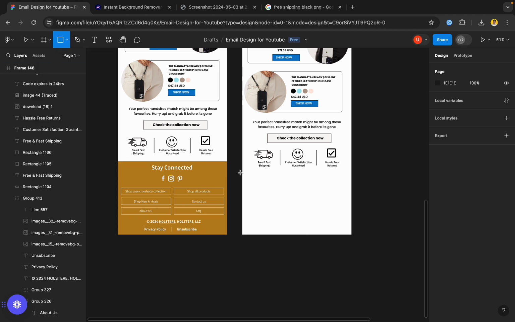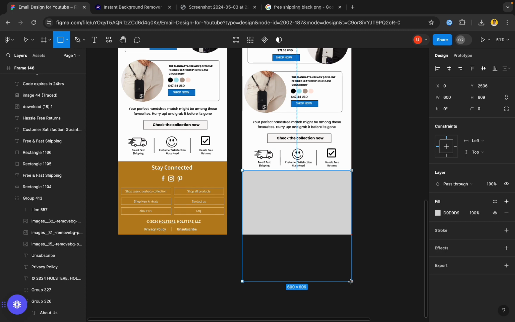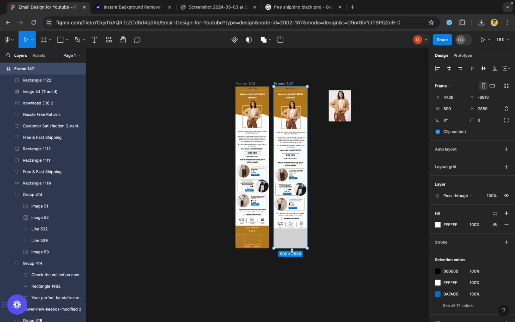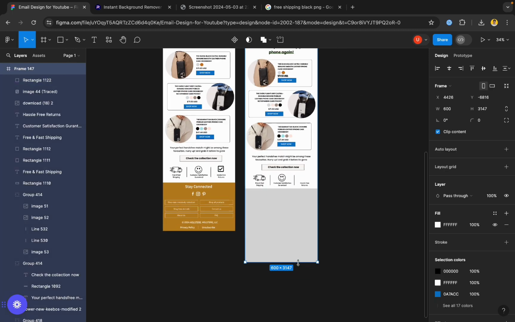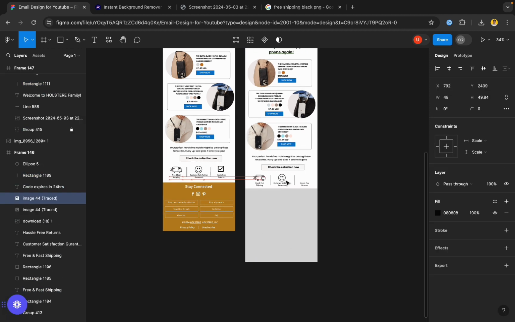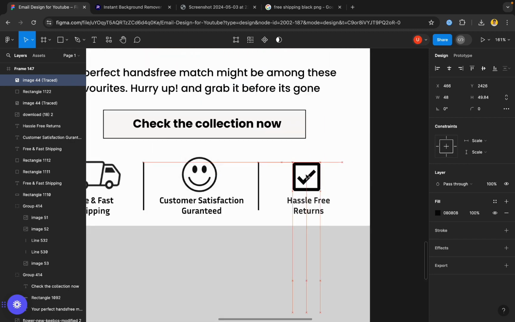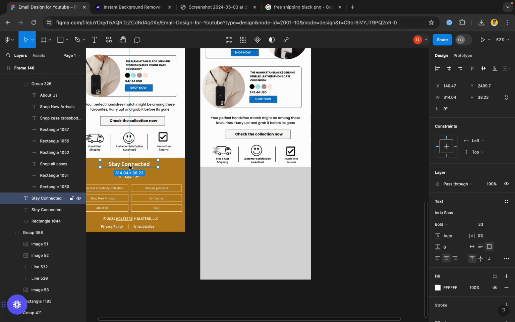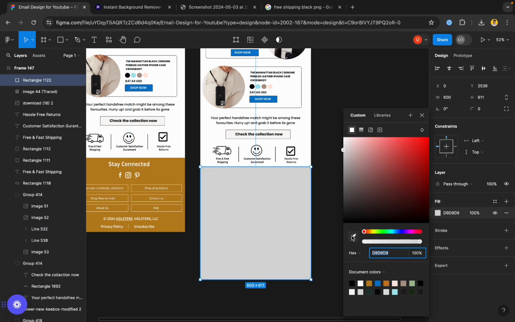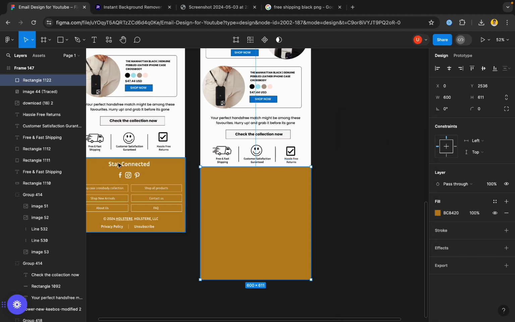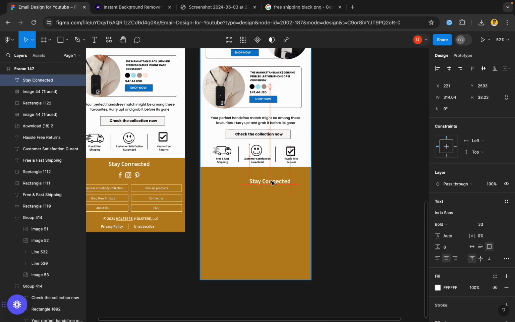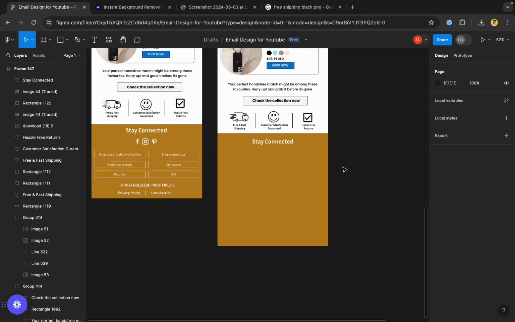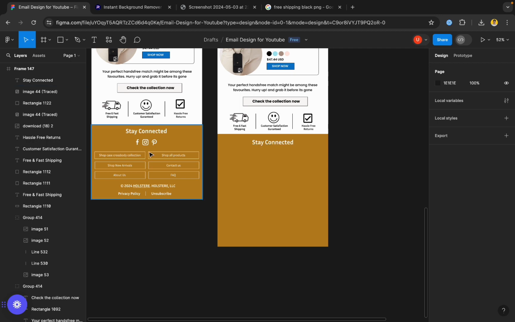For this one, I'll create a rectangle like this, and this is a bit going down. So just put this like this, and I would like this one button, CV, right? So I'll just copy. No, I'll not copy it. I'll just change the background first, and I'll copy the text and add it here, right? So let me just resize, align this at the middle, and now I want to